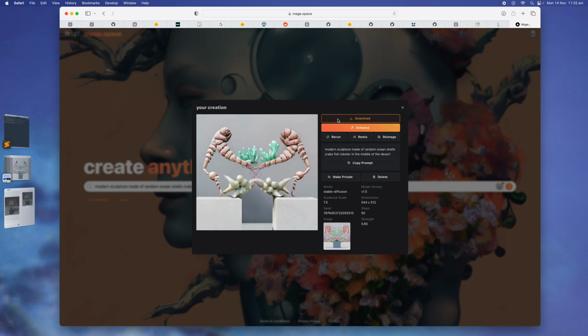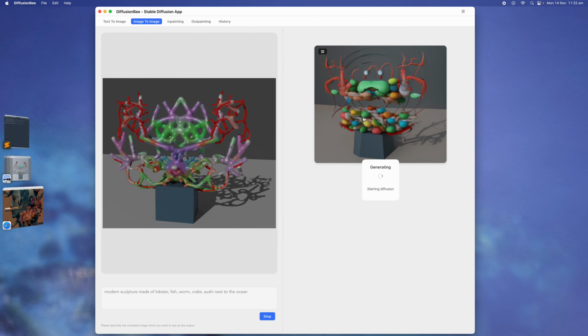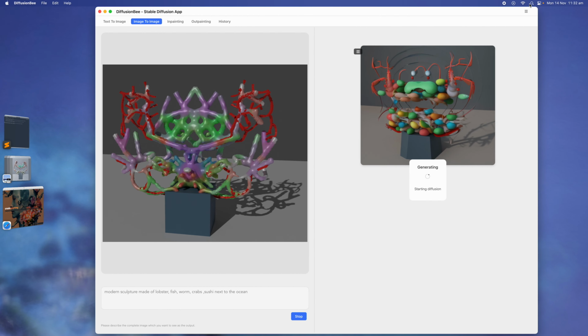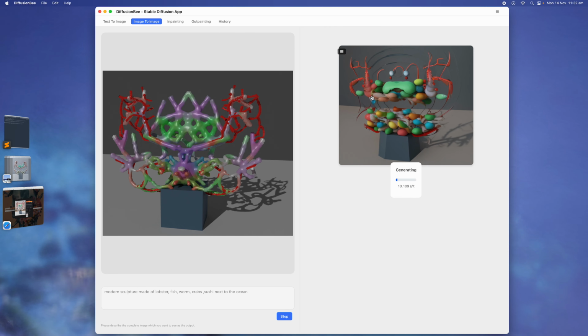Oh, I downloaded it twice. Yeah, this is not bad. It's getting better. This is using Redshift Diffusion, so we also get a new look based on that. Look at the base, it has changed, and the top part is more colorful. Yeah, so if we really want to improve this, just like our prompt here, lobster, fish, worm, crabs, sushi, and yeah,